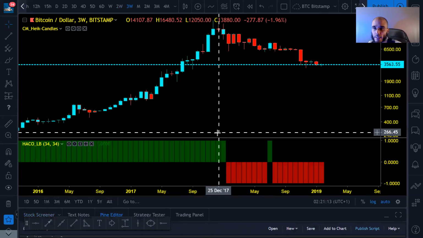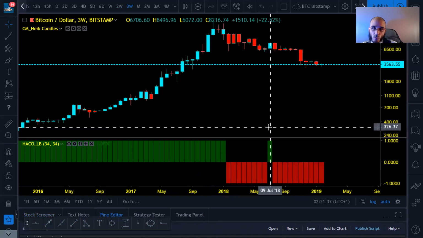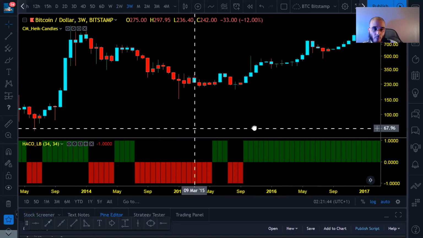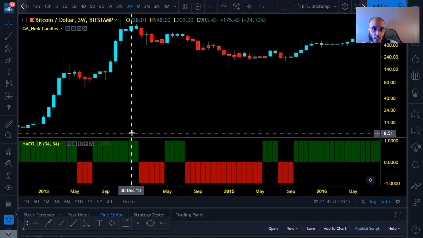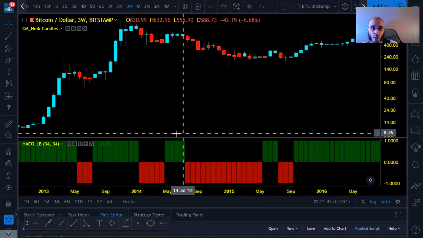Here's my new indicator. It's called HACO, and it tells you quite nicely on the 3-week chart if you are bullish or bearish. And as you can see, we are bearish since here. We had only one bullish candle and all the other ones were bearish. Last time, on the last bear market, it told you quite nicely, except for these 3, where the price was holding a little up,